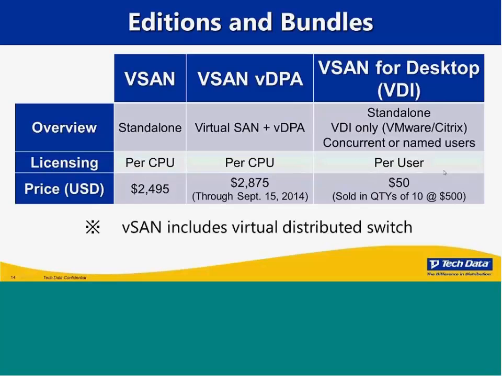One other kind of cool thing here is vSAN also includes a virtual distributed switch too. So for some of your clients that are looking for that, but maybe at the moment they're on, say, the standard or the enterprise edition of vSphere and don't have the distributed switch, but they invest in vSAN, they're going to get the distributed switch with that as well. That's kind of a cool feature. Normally, it's only included in Enterprise Plus.